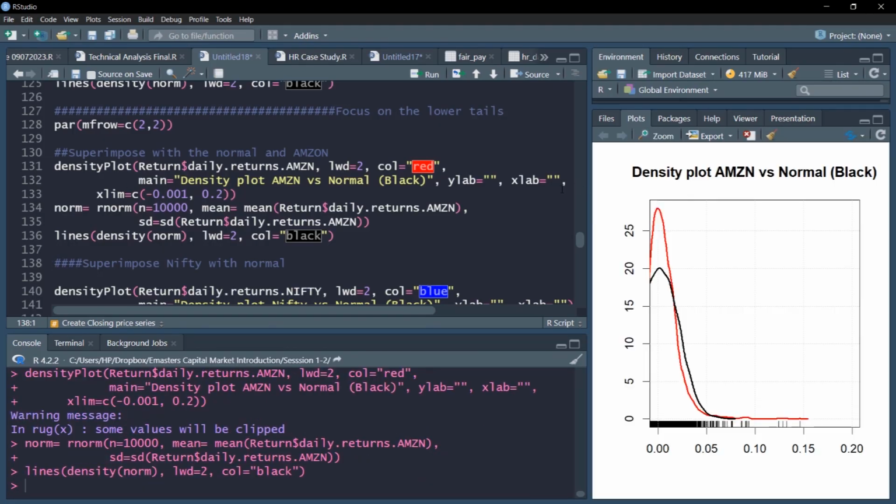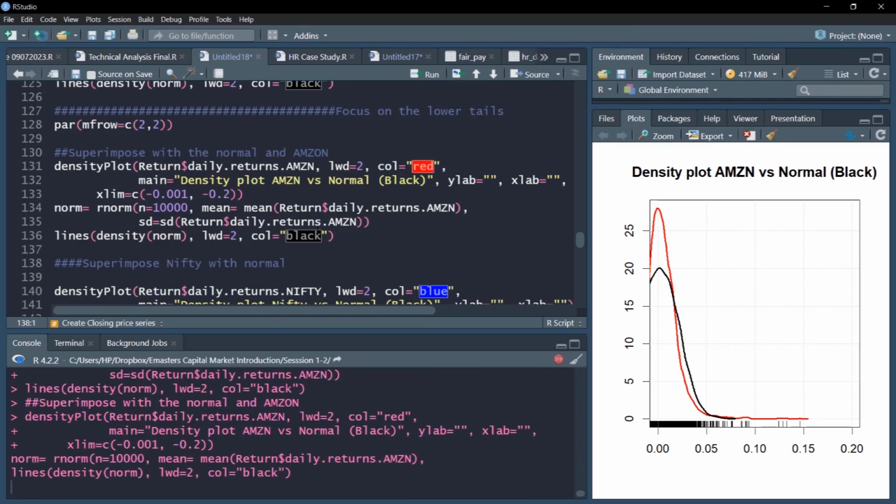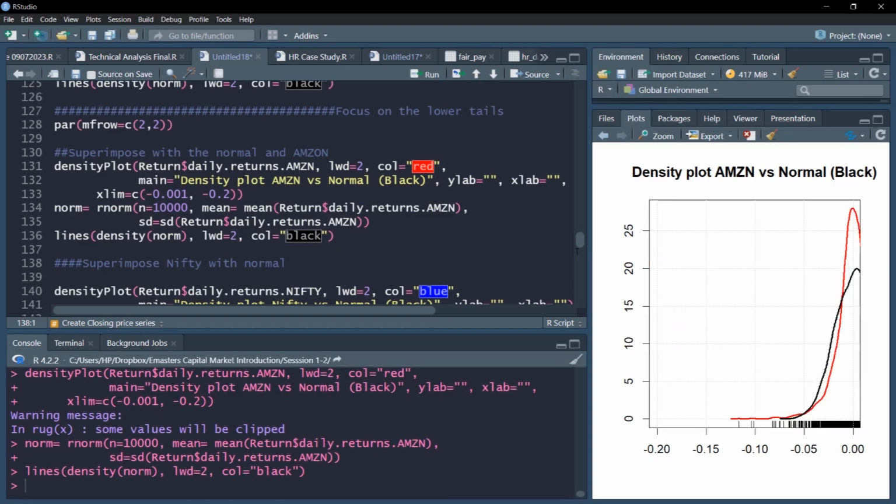So yep, okay, I should have given the negative values, so now it should work. Yeah, now we can see that the negative values are given, and we can nicely see how the tails are slightly fatter, and on the extreme values are slightly higher in the red curve than the black one.